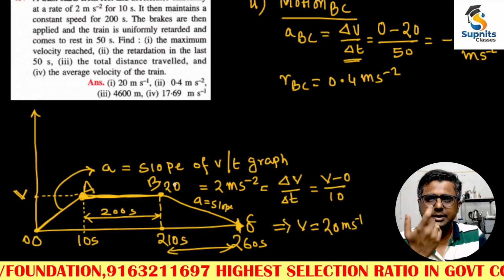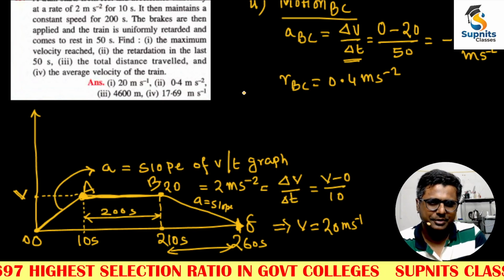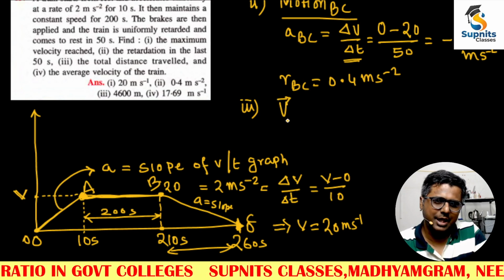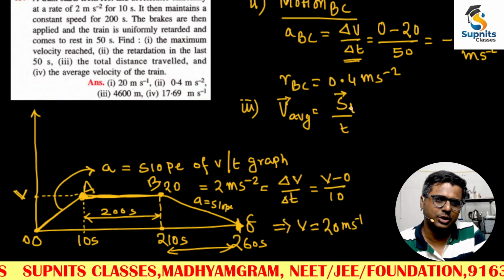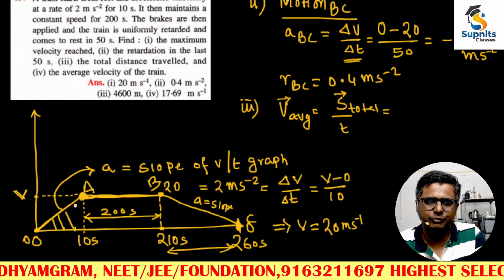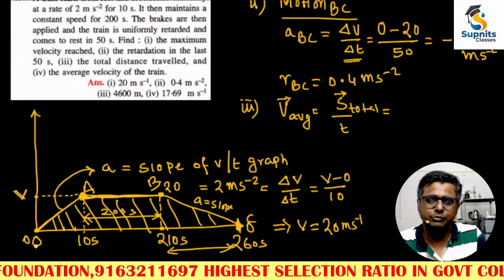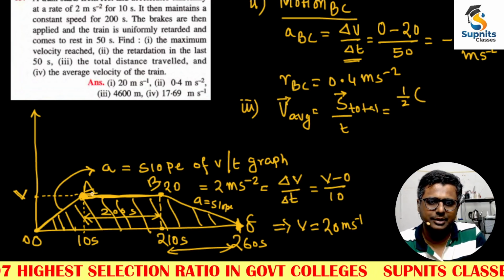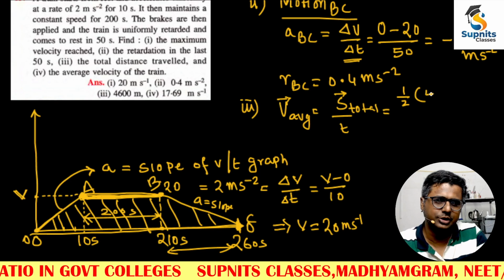Very good. What is the average velocity of the train? Oh my god, average velocity is super easy over here. Number 3, average velocity means displacement by time, but total displacement. How am I going to find out this total displacement? I am going to find out the area of this full trapezium. So what is the area of this full trapezium? Half into sum of parallel sides. Here it is, how much? 200. How much is this? 260. So 460